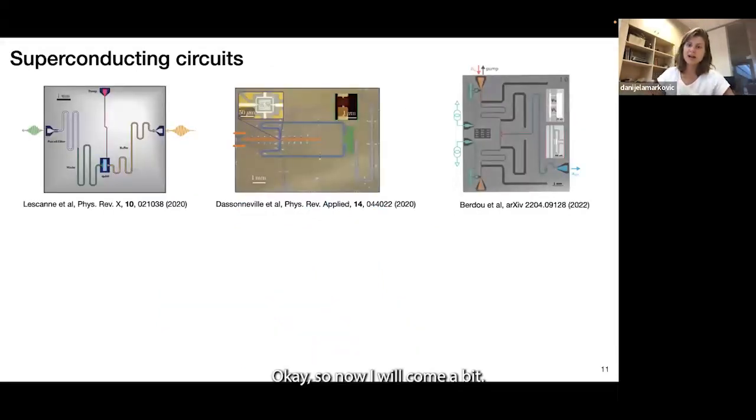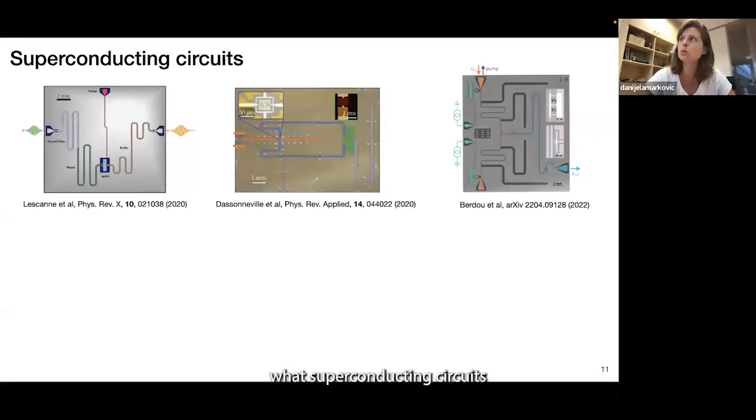Okay, so now I will come a bit to more concrete things. What do we do here in the lab? As I told you, we use superconducting circuits. Here I have just put a few examples of